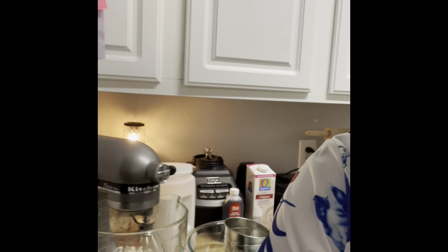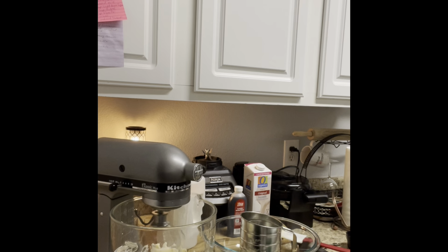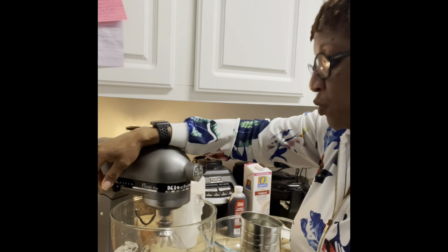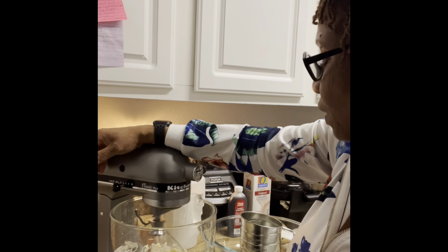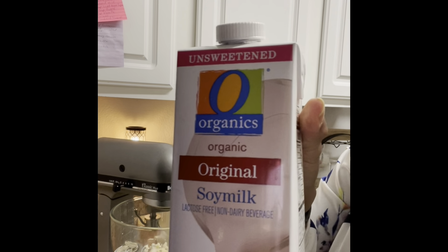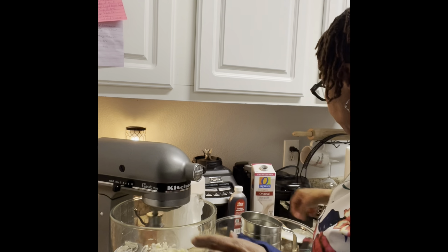So I don't know if you guys can see this, so I'm going to get it over a little bit more. There it is now. So I have the butter and the cream. We're creaming that together, okay? And this is my soy milk. So I'm using organic soy milk, okay? While that's creaming,